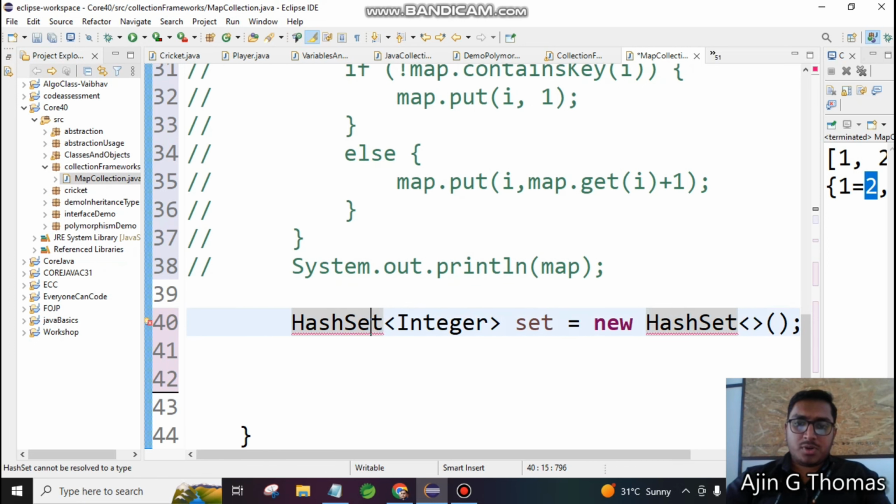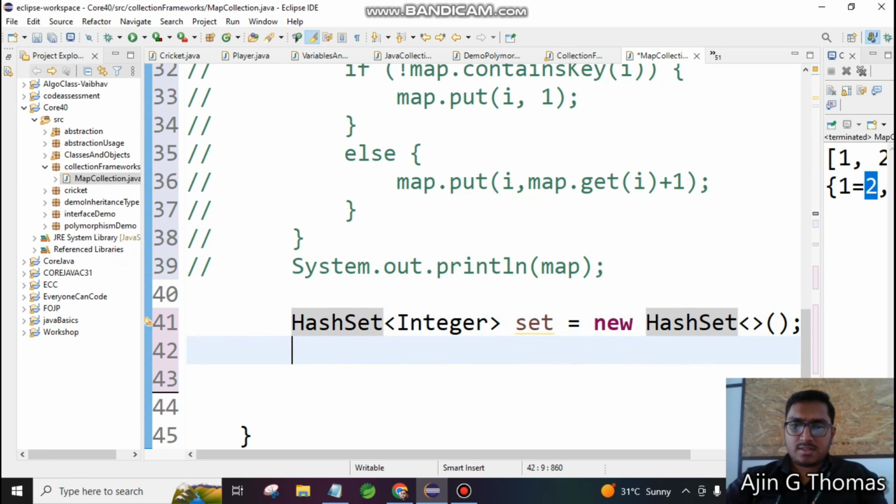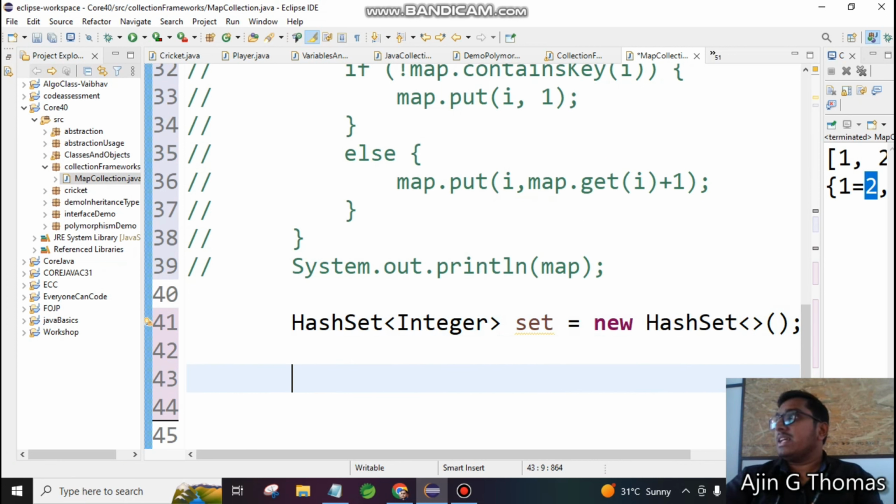So we have to import the class. Then how can I add the data into this collection? From the array list, I am going to add all the elements into the set. How can I add? Set dot